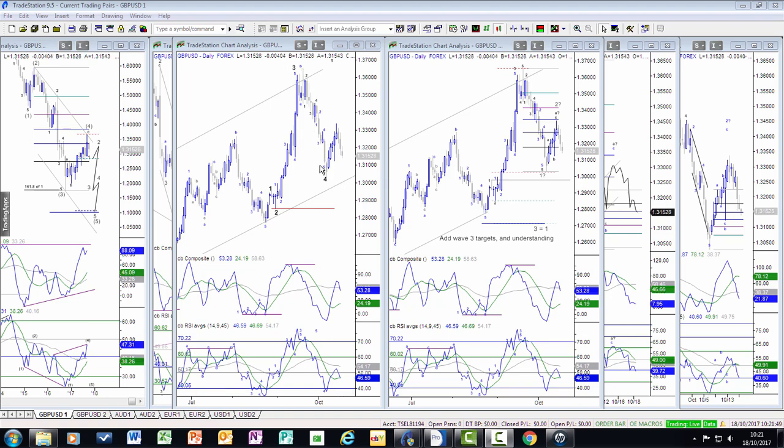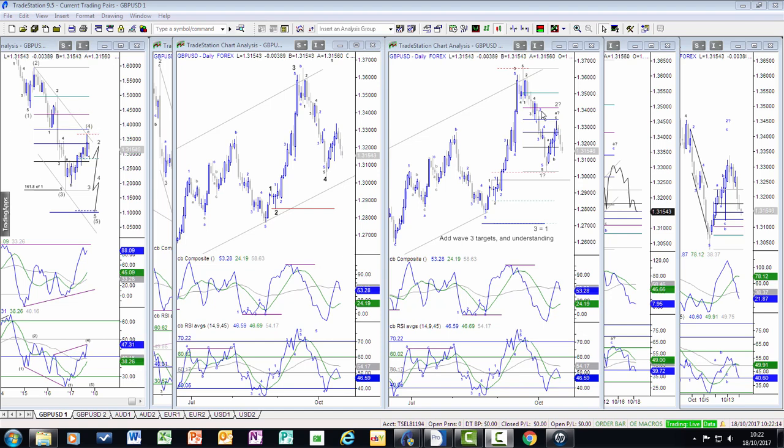Had that been a C wave, at the instant it completed, there would be an impulse wave to the upside. If this is impulsive to the downside, there would follow an ABC correction, and for this to be impulsive to the downside, it could be labelled as wave 1 of 5 if this count is correct within the monthly chart,